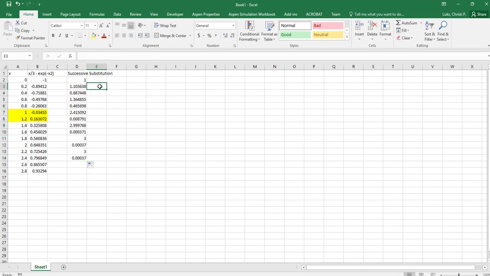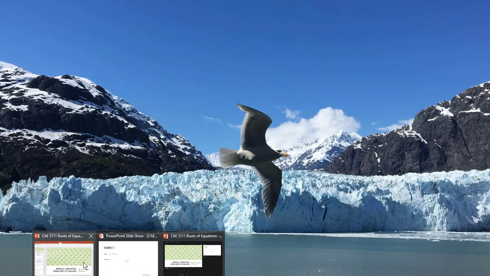And what you see is it goes nowhere. Right? It's just like bouncing back and forth. And if I continue this, it's not going to get any better. It's just going to keep bouncing back and forth. So that wasn't really a great plan. Let's go back to